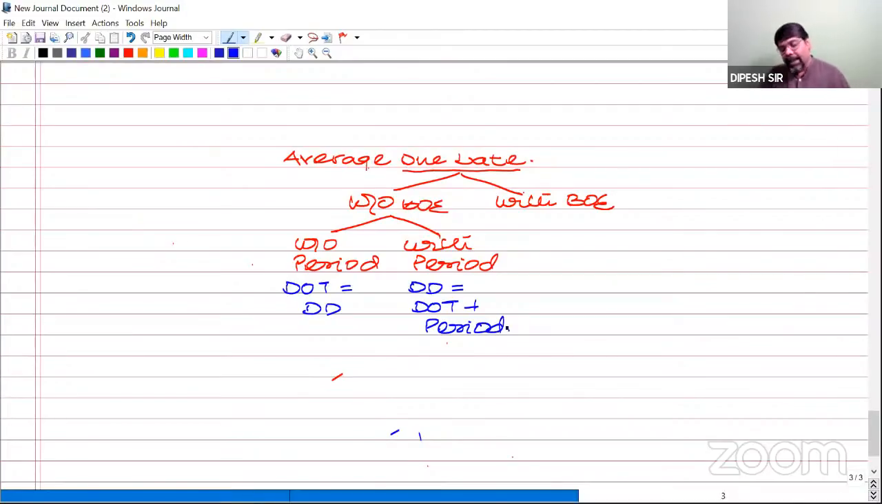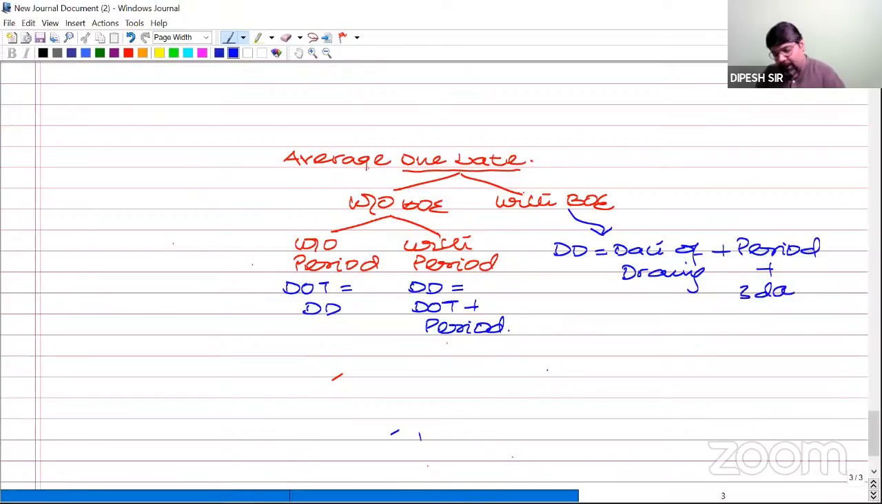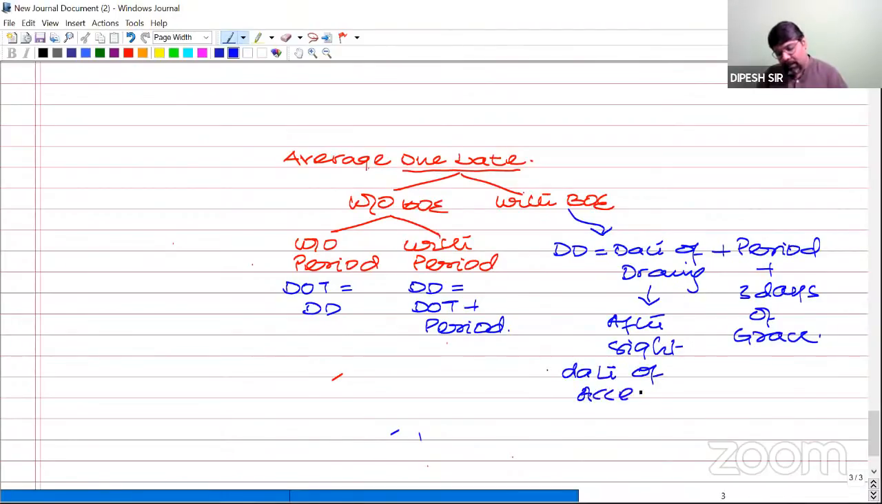Correct? If it is with bills of exchange, then due date is equal to date of drawing, which we studied in bills of exchange, date of drawing plus period plus 3 days of grace. Correct? If after sight is mentioned instead of date of drawing, then date of acceptance. If due date falls on any public holiday, 15th of August, 26th of January, any Sunday, 1st May, 2nd